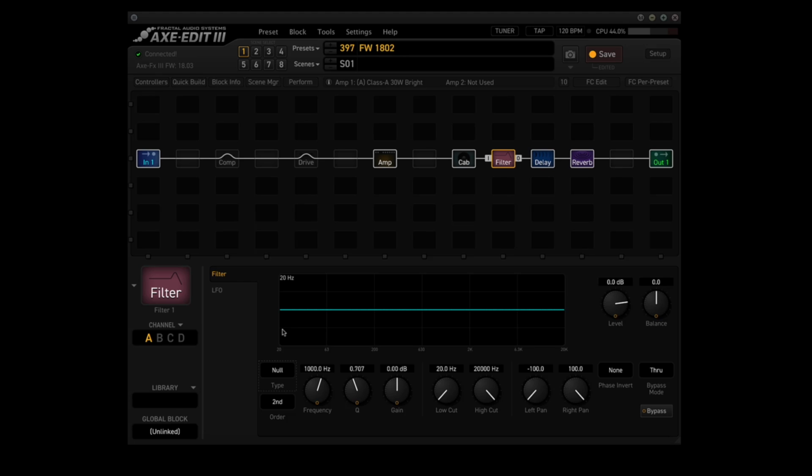Okay, let's try it out. Now, right now, we put it back to null. But if we change it back to notch,